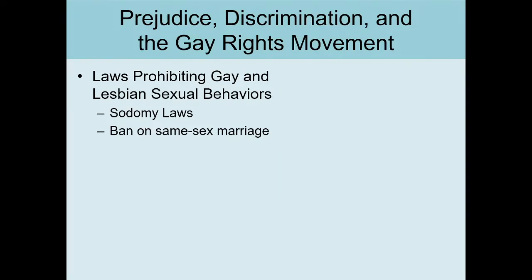And then similarly, it used to be that there was nothing said about same-sex marriage. The assumption was that you could only get married if one of you was a male and one of you was a female. Then people who were the same sex were asking, why can't I get married? The two of us want to get married. And so there was a long and protracted debate on that. And then slowly states started to pass laws allowing same-sex marriage. Meanwhile, at the federal level, there was an argument that there should be an amendment to the Constitution banning same-sex marriage. So there were these two parallel tracks of people discussing things.